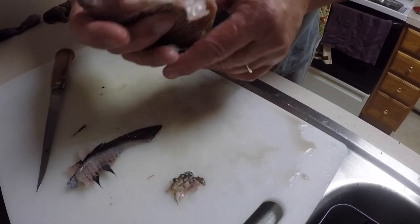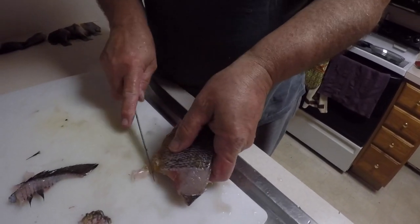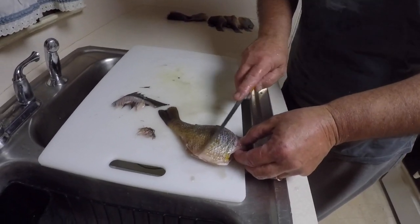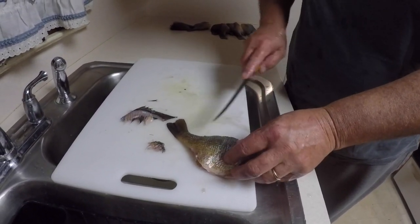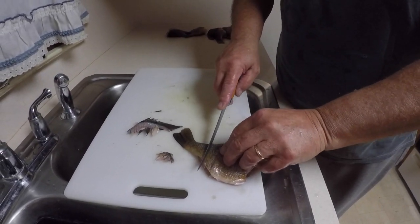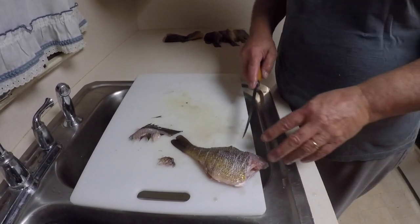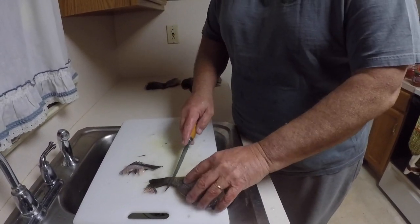Alright, so these are ready to go in the frying pan, except for one more thing. Alright, one more thing we want to do to them to really make these good when we cook them is we want to take our knife and make a slot in them. Alright, and what that's going to do is going to allow our seasonings to get into the fish and make it easier to get the fish cooked all the way through. Alright, and all you do is just make some slices about a 1/2 inch apart, 3/4 inch apart down the surface of the fish. Alright, do both sides,